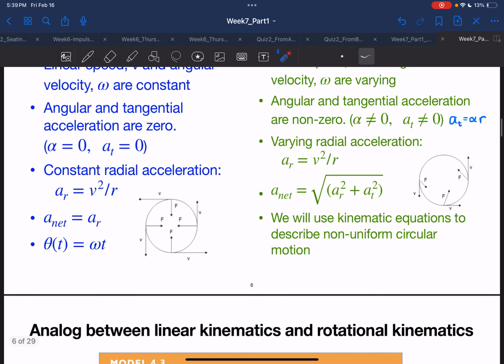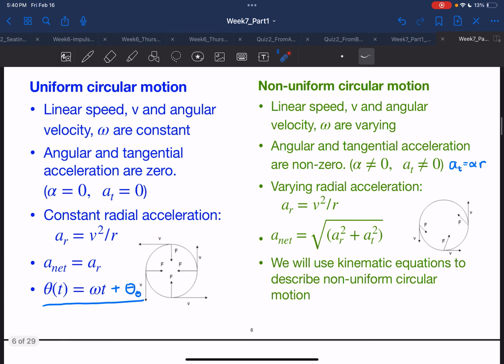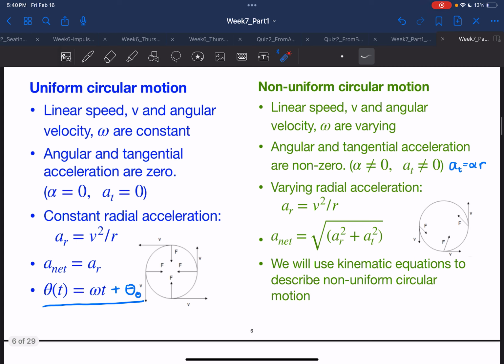And then finally, pretty much all of the motion of a particle around a circular path in uniform circular motion can be described like this, plus some theta naught. So let's say you're starting at some initial angle, then where are you some time later? Well, that's just where you start, plus omega t. And then for non-uniform circular motion, we need to use our kinematic equations from back in chapter 2 to describe